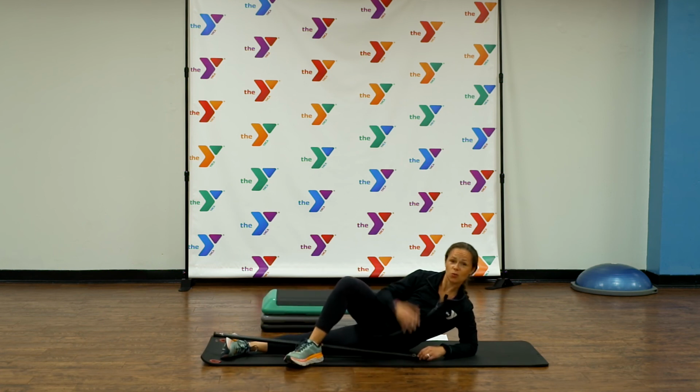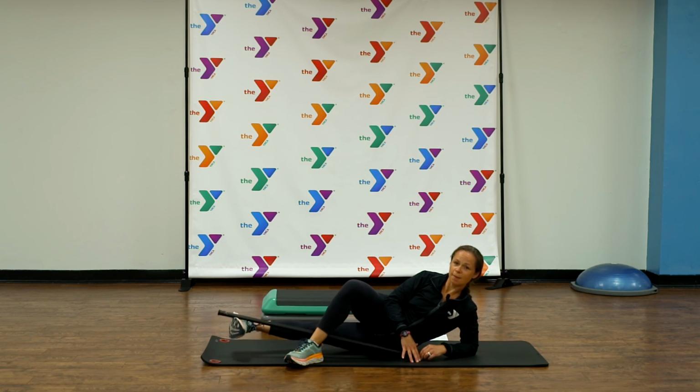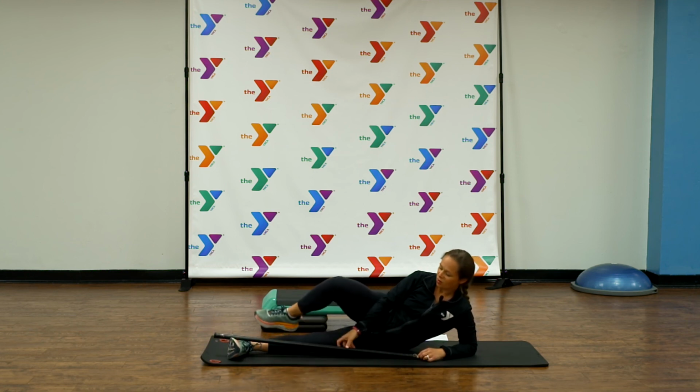And again, we choose weighted or unweighted, lifting and lowering, not resting on the ground, keeping constant tension. Good, you've got it. Pressing through the heel still and drawing the toes up. Very good. Taking a break